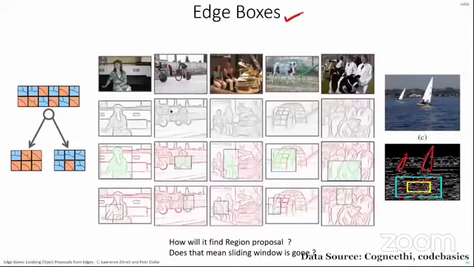So let's take an example. Let's see this lady. Now, what are contours? They draw the lines around your boundaries. What Edge Boxes will do is draw, first of all, the contour map of a given image. So you can see these are the contour maps. This one, this one, this one, this one. These are just like boundaries of the provided images.